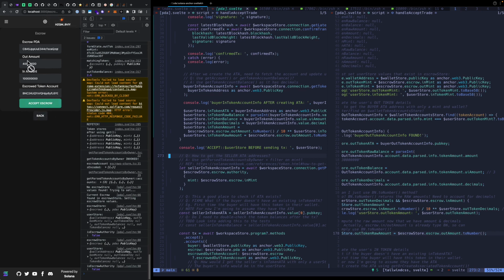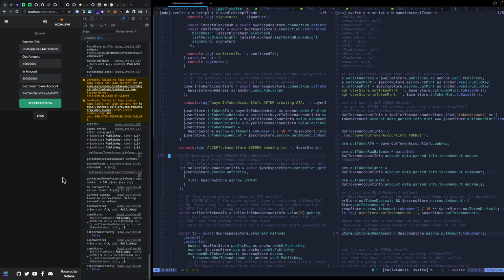The out amount of the Z token is this, and this is all kind of from the seller's point of view. So obviously I can clarify this a little bit, like which tokens we're dealing with, and the seller paid this amount in the Z token. I can do better with my labels, but for now,